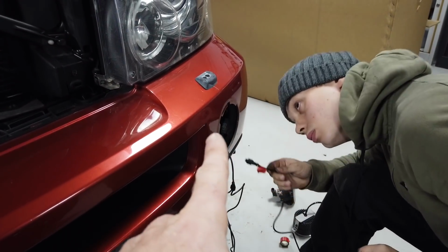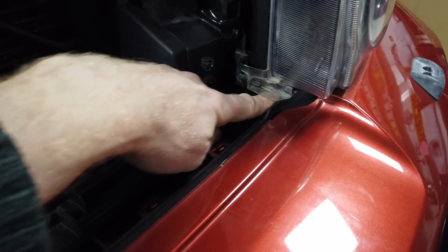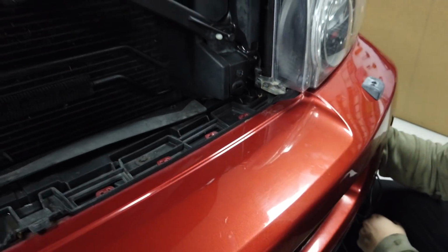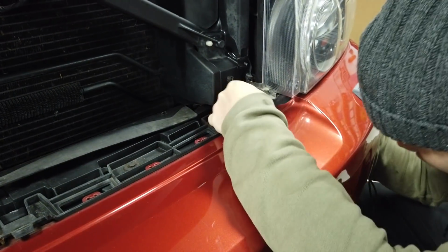And then if you go in the fog light hole, you can come out through. There's quite a big gap. You can see where my finger goes through there. You can feed it through. A little bit of a fiddle, but...